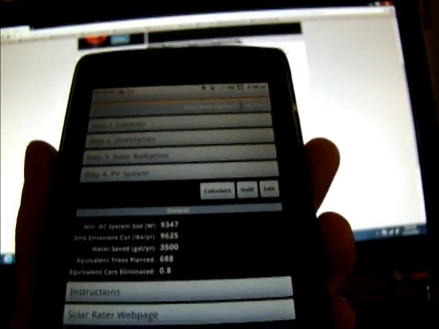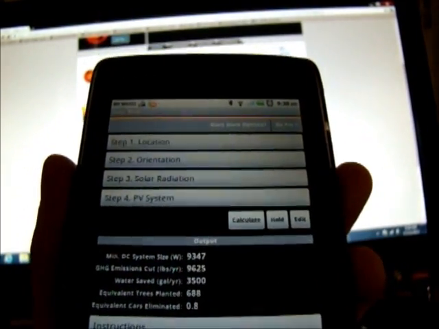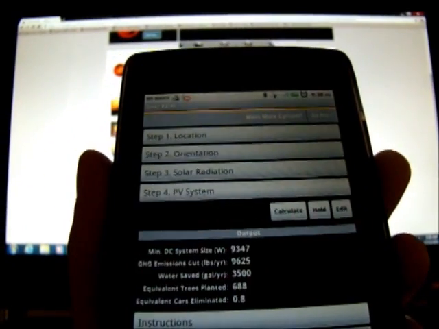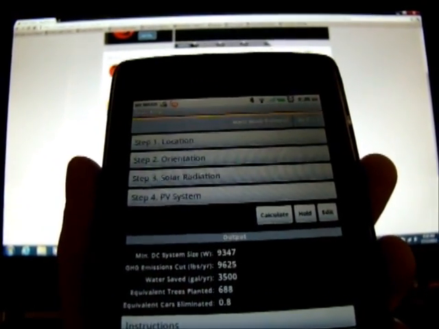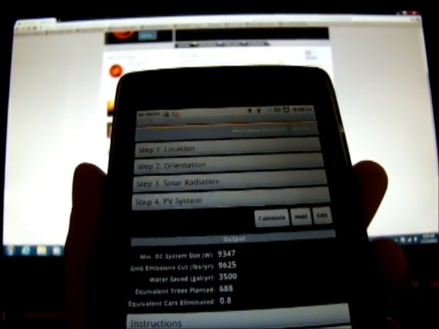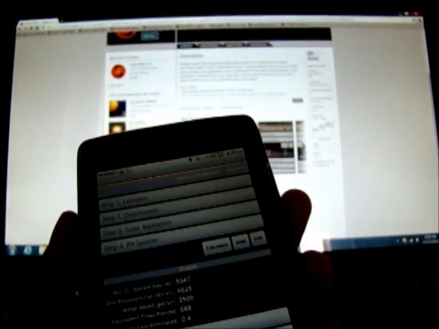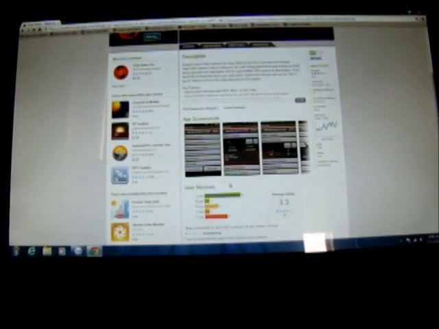So this is one of the very useful apps for people out there who want to do solar power and are not sure about a certain location, how much sunlight you can get and things like that. This is one of the apps that helps you solve the problem. Okay. The second app I'm going to talk about is actually